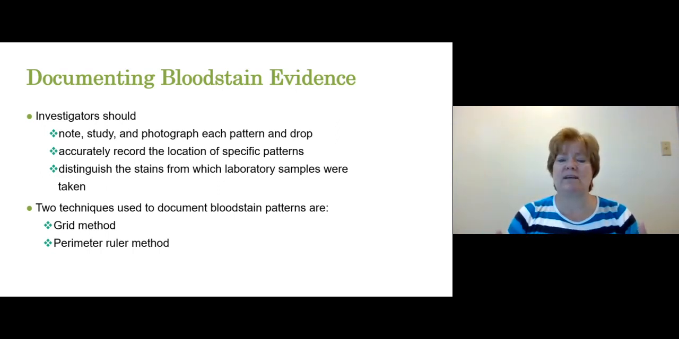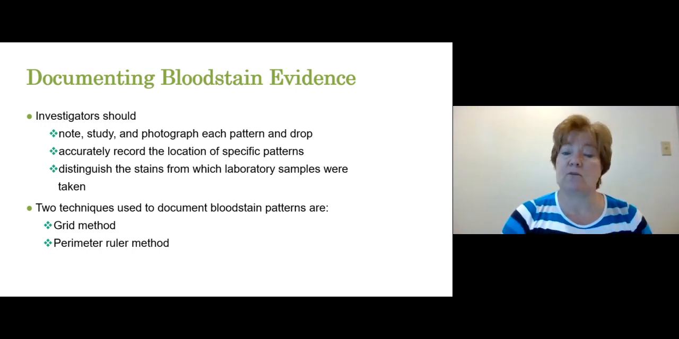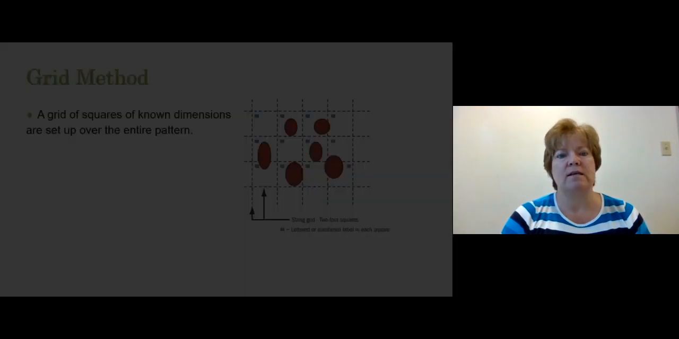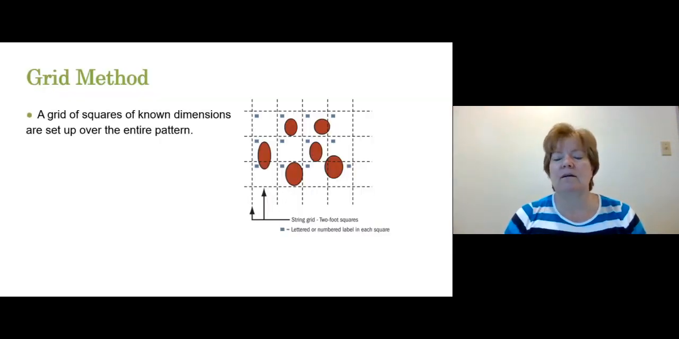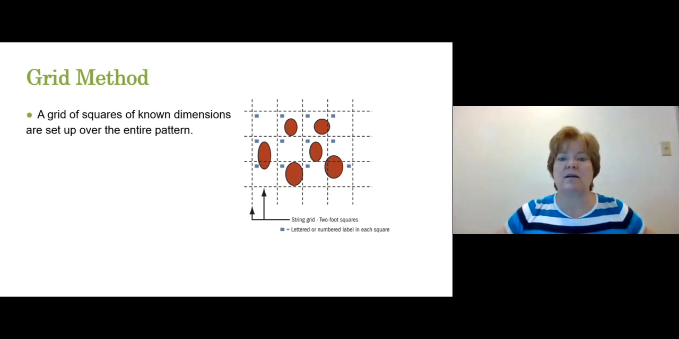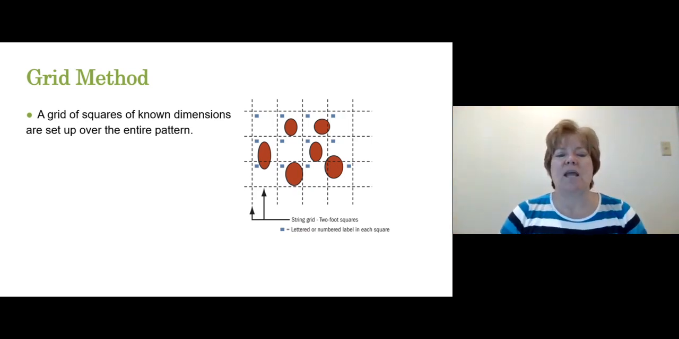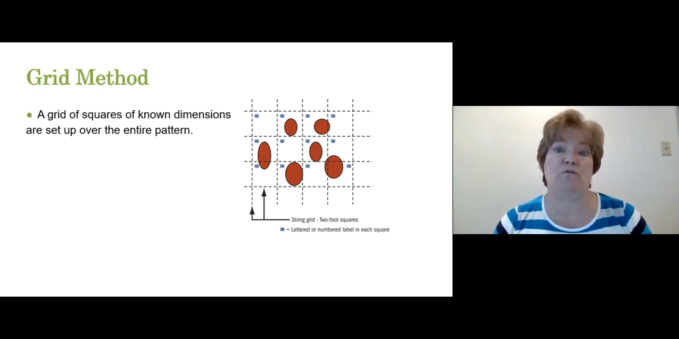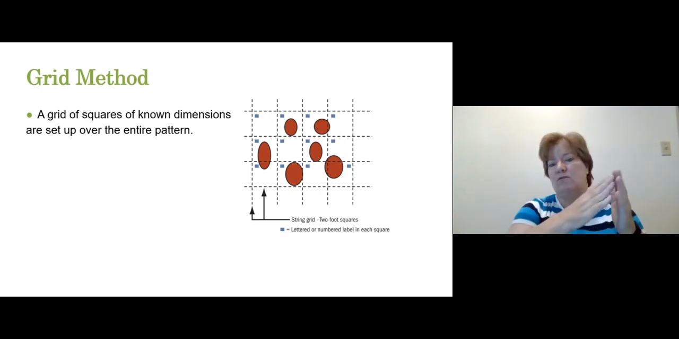So there's basically two different ways that we document bloodstain patterns. One is the grid method, the other is the perimeter ruler method. And it's preferential as to which one you like. So in a very large area, it is very common to use the grid method. So if it's spattered over a large area, a grid is literally drawn onto the wall, onto the carpet, onto the whatever, and set up over the entire pattern. And there would be a specific dimension to the grid. So this particular picture is showing 2-foot grids. So it would make 2-foot